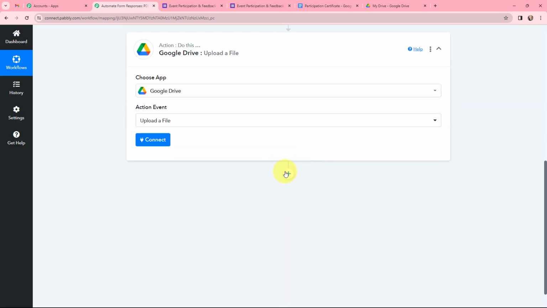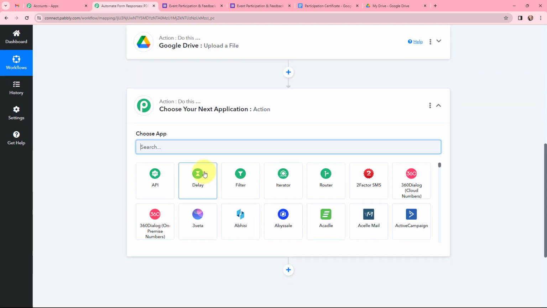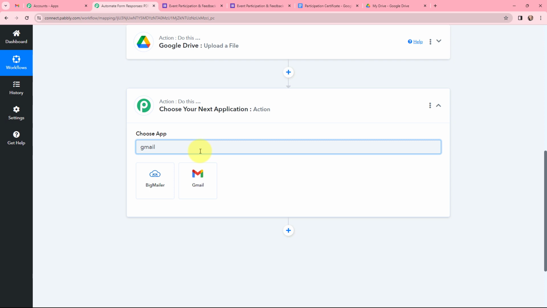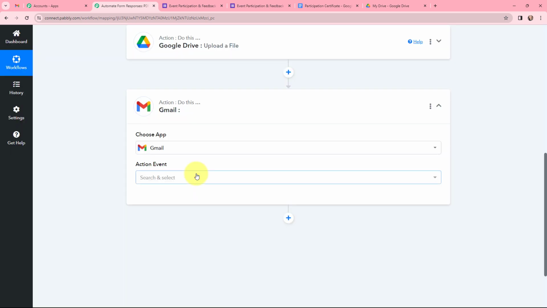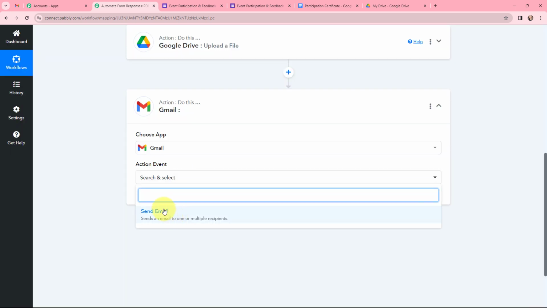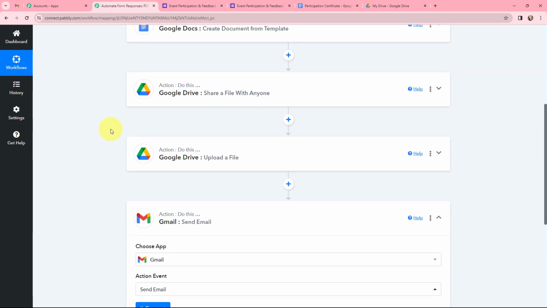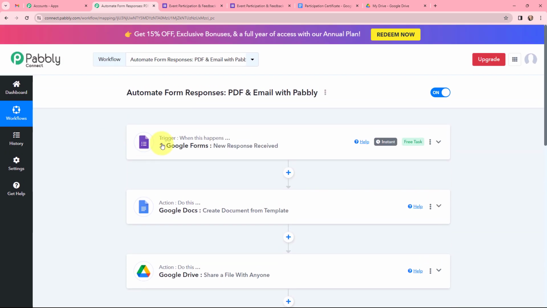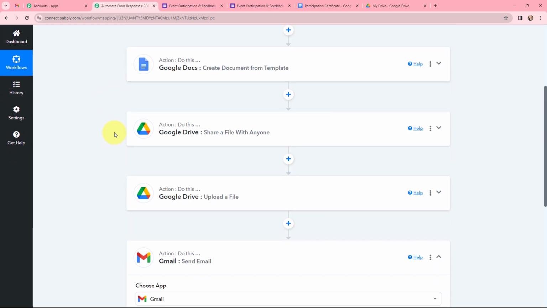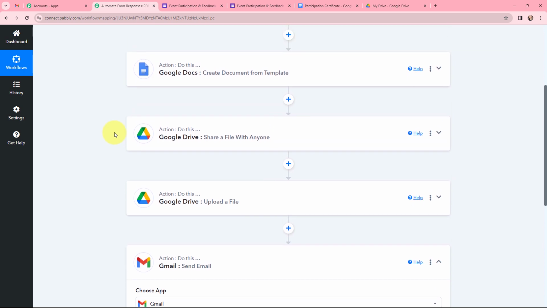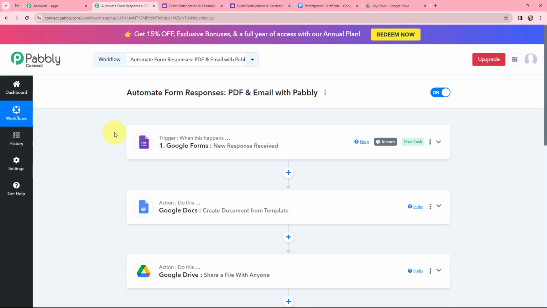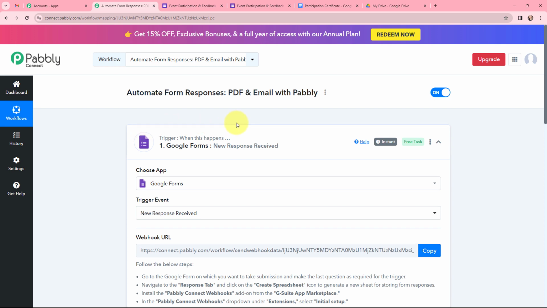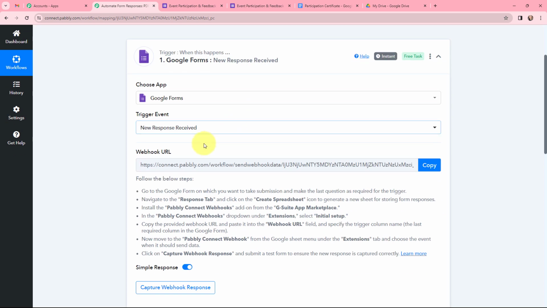Once all of this is done, we are ready to send an automated email. So over here Gmail will be my action application and the action event will be to send email. Here you can see that I have selected the trigger and the action applications that are required for this automation to work. Now going back to my trigger window,